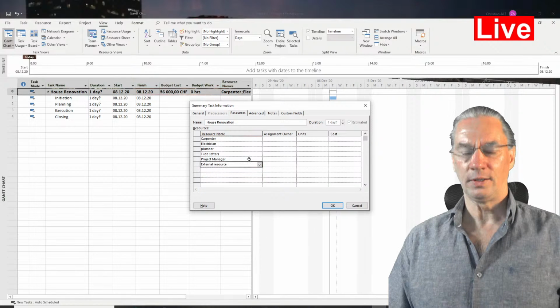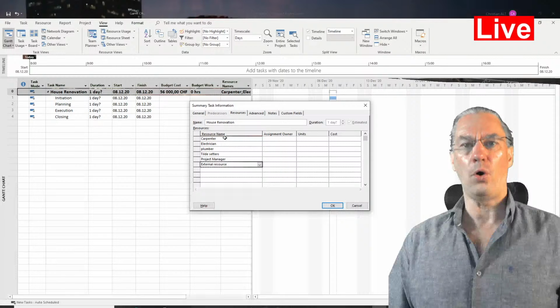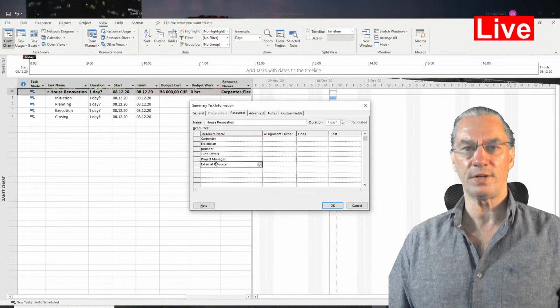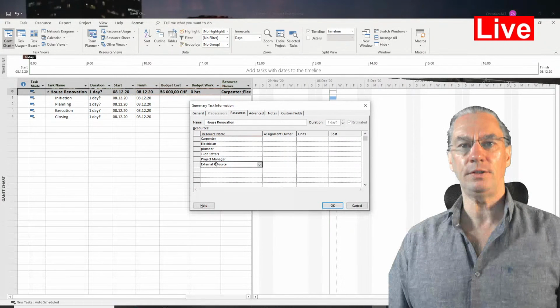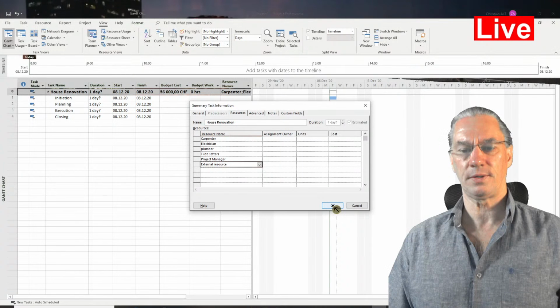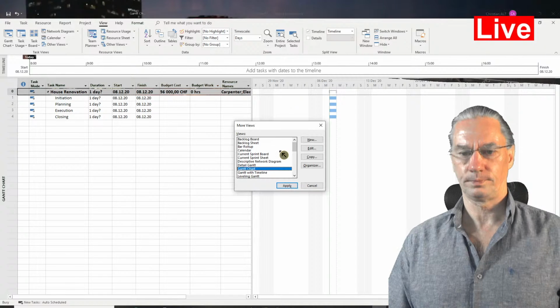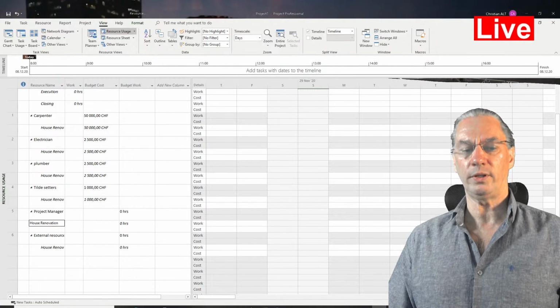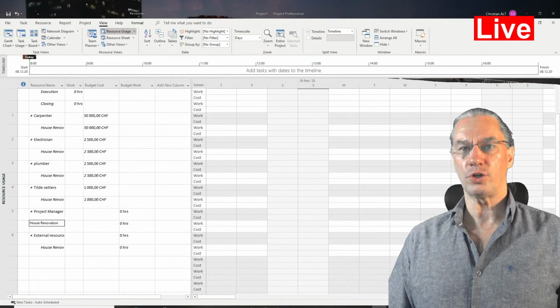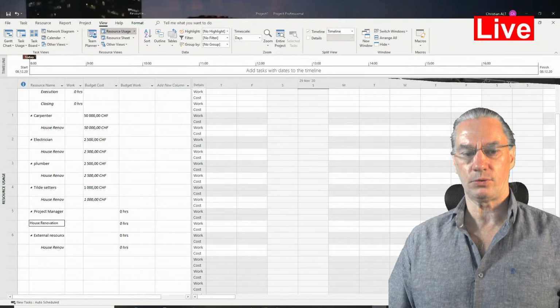Like that, I have all the resources that I need to define the budget of this project. So I say here, okay, and now I can go to the resource usage. There is a new line with the assigned task, which is the summary task, house renovation.